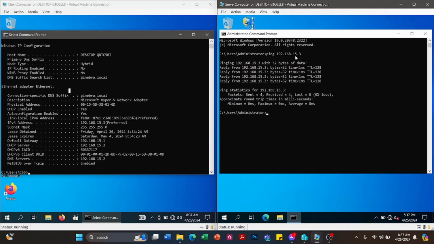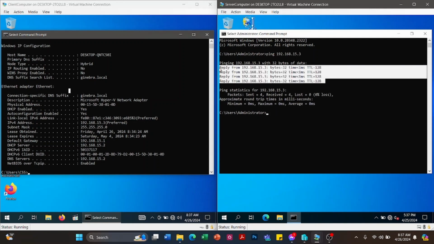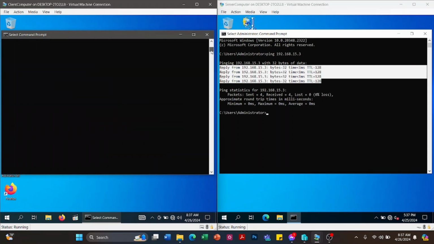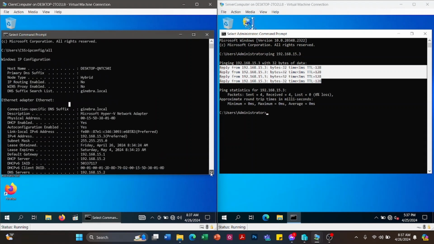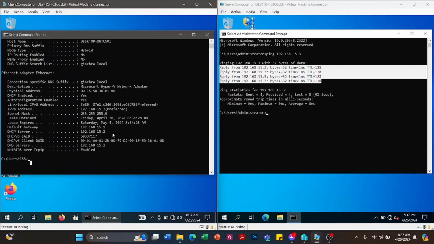So the client computer's IP address is replying to the ping of the server computer. So meaning they have a clear, complete communication.